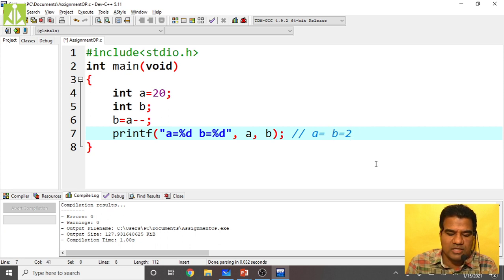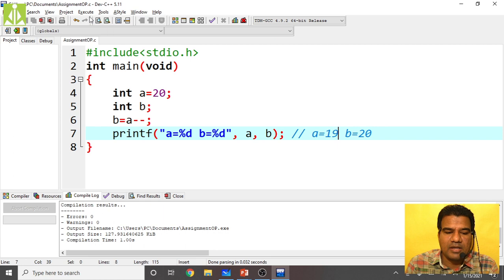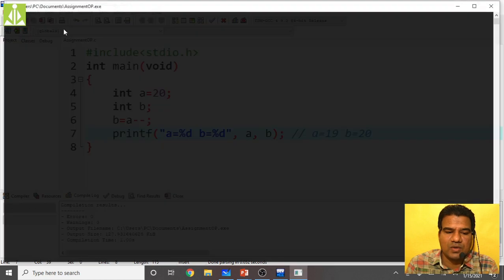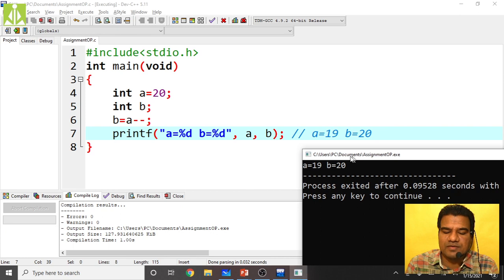A value is 20, so b value will become 20. Then the value will be decremented, so a goes from 20 to 19. So we have a as 19 and b as 20. Compile, compilation successful, then execute. You can see a value 19 and b value 20.